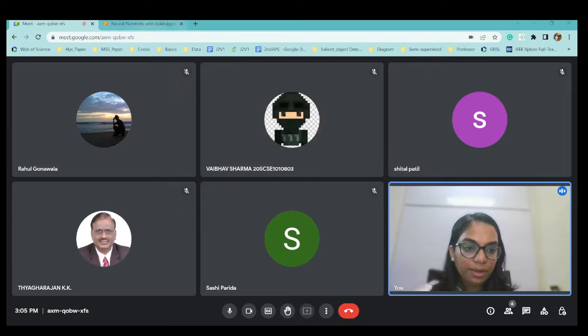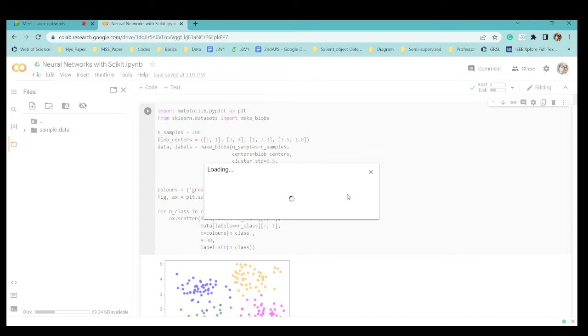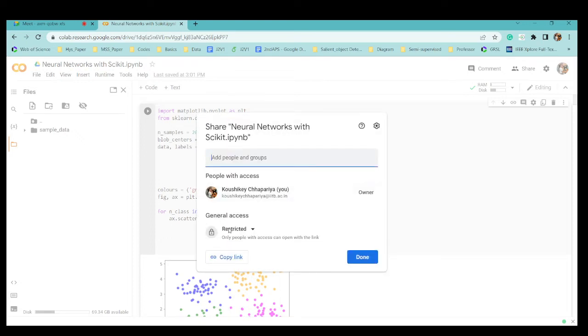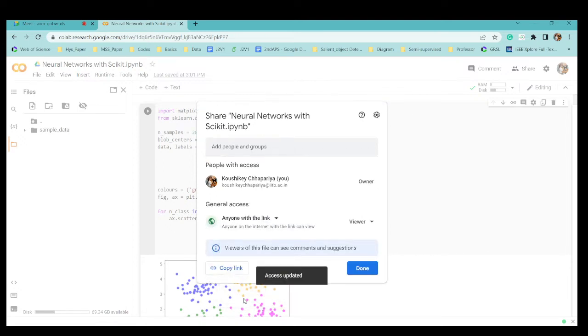So, hello everyone. This would be our last session, and today I will be telling you about neural networks. Initially, we saw how to create neural networks from scratch, and I told you how to build your neural network without using any library.